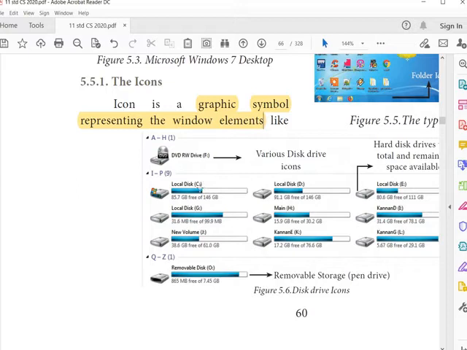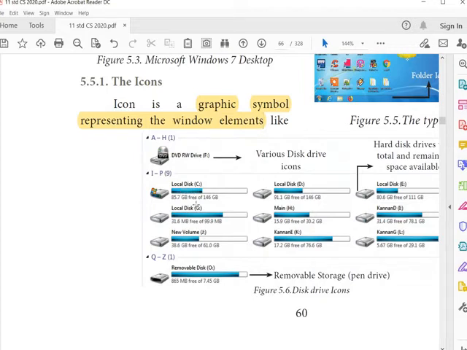And the local disk C; A and B are for floppy disk. Nowadays we are not using the floppy disk. So starting from the C alphabet, the hard disk is given.